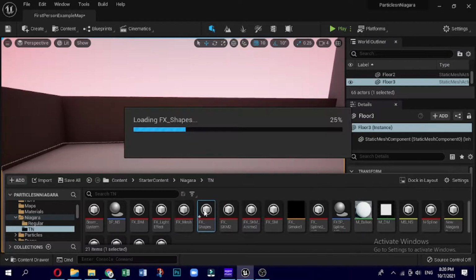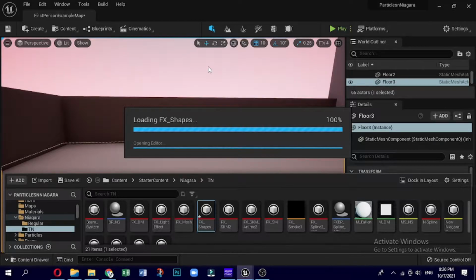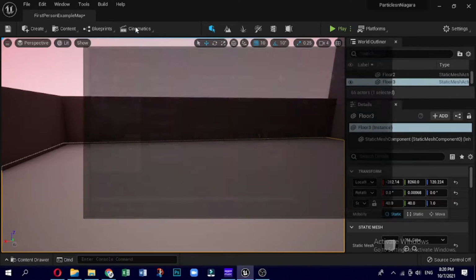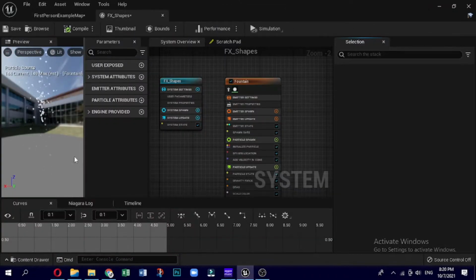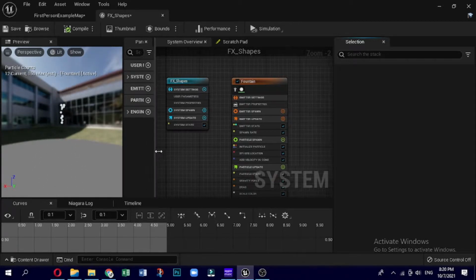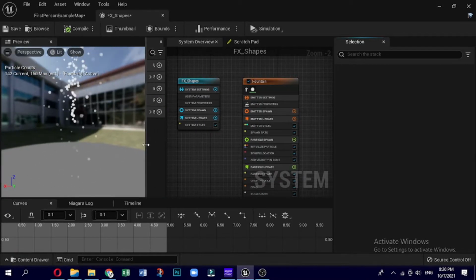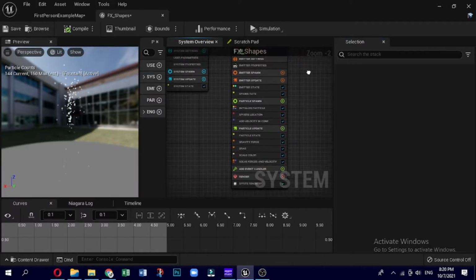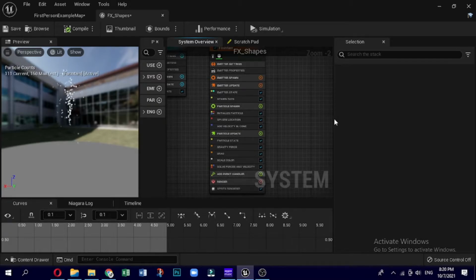Now there are a few adjustments in Windows. There we go, this is all set up and the idea of shapes and surfaces is that you can spawn particles on a shape or surface. And the way that we can access those in the particle spawn may seem deceptive at first, but they're located in location. Now the shapes that we're talking about specifically are box, cone, cylinder, sphere and torus.